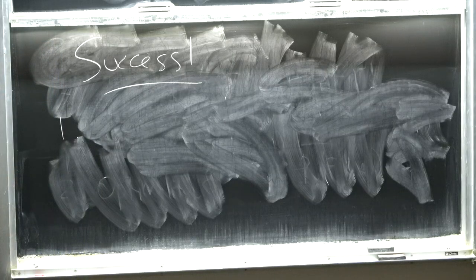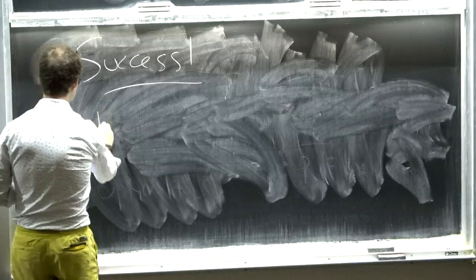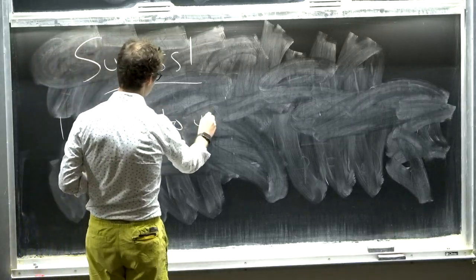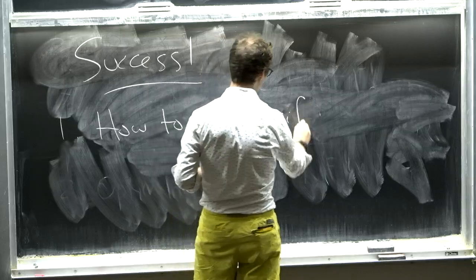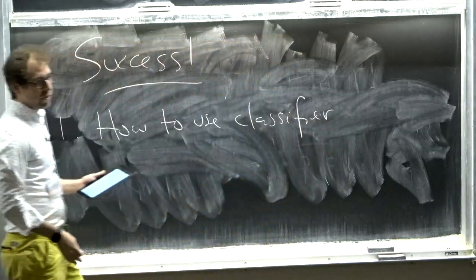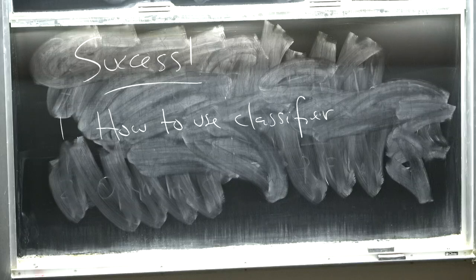So the first question, which was asked earlier, is how do you use the classifier? Once I have the reference, I train a classifier to distinguish data from the reference, and then what do I do with it? One option, as I mentioned, is you could make a cut. So take the most signal-like events, or the most data-like events according to the classifier, and then compare somehow the data and the reference, which might involve some other estimation of the background. Oftentimes, the reference is not quite good enough to be directly used to estimate the background, which is why you might need to use another method like a bump hunt, or one of the other methods I talked about at the beginning of the lecture.